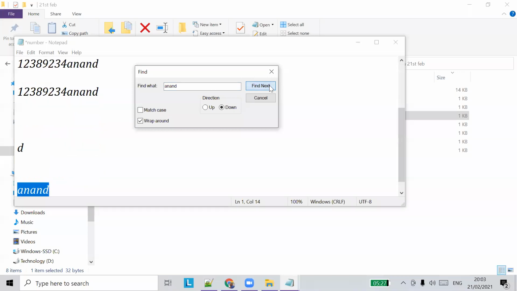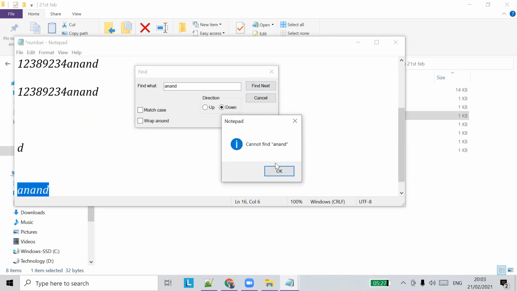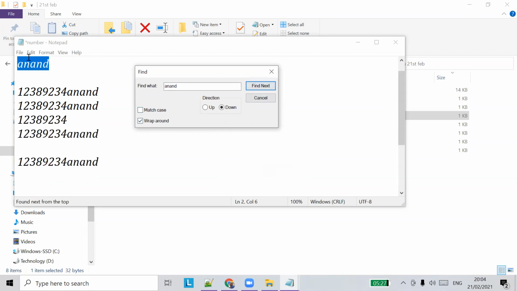If I use wraparound, it will always go to the last occurrence, and if it can't find it, it will go to the first line and search from the first again. If wraparound is selected it works that way. If I don't select this, it will go to the last and say I cannot find Anand. So all you have to do is click wraparound, click find next. It will go to the first occurrence of Anand.